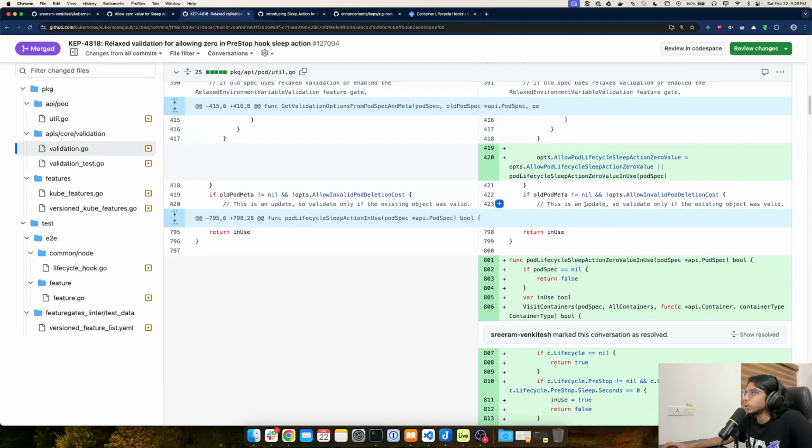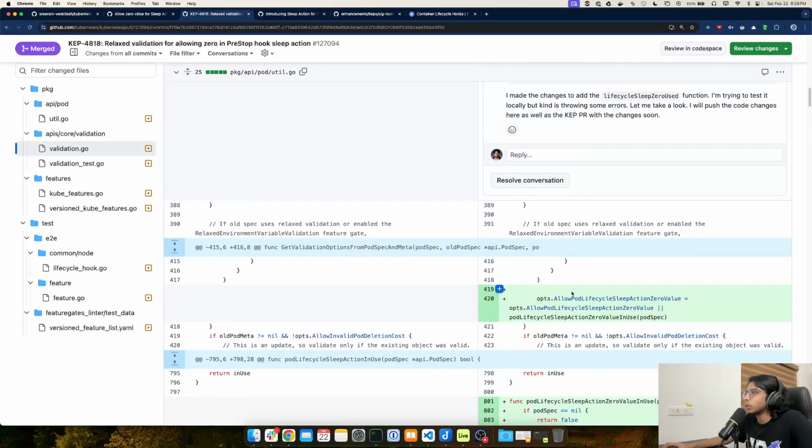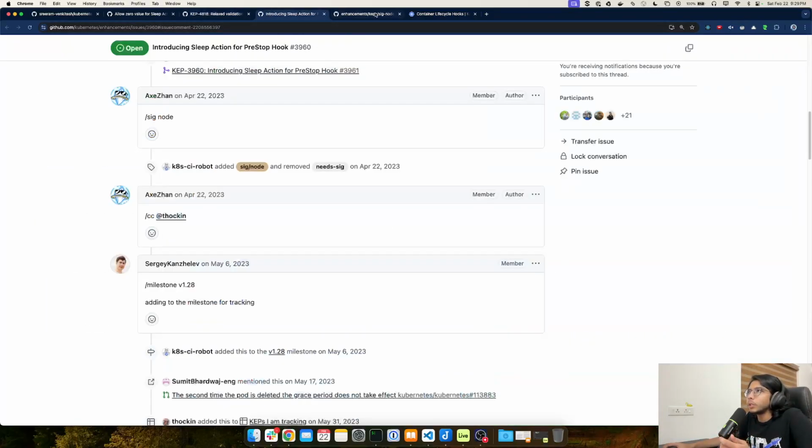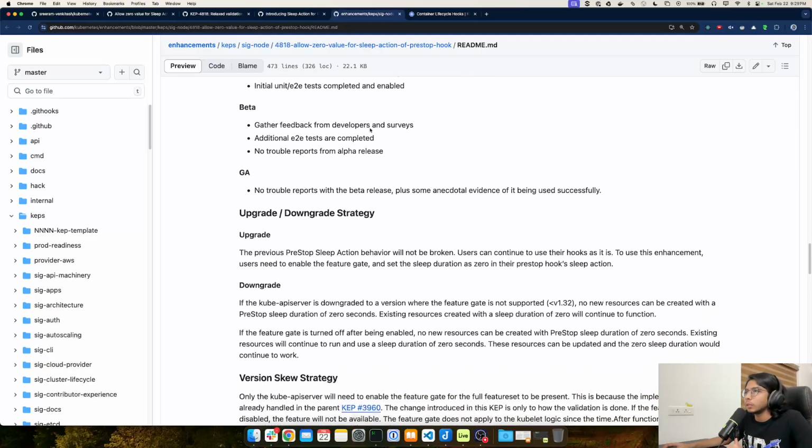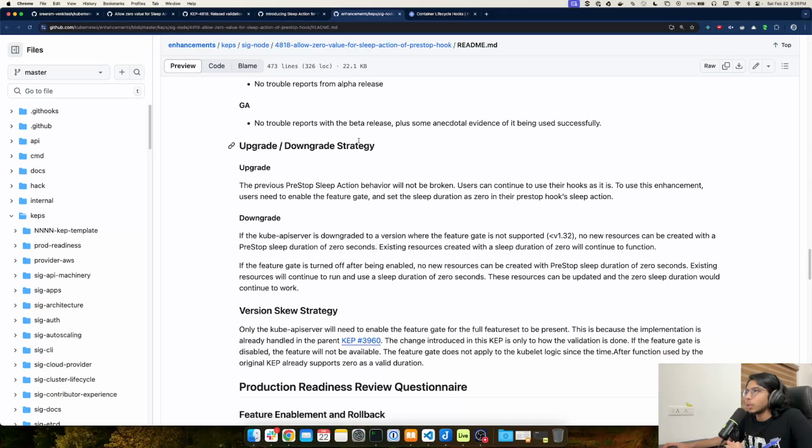One example of this is how we would set the feature gate in pods so that version skew and upgrade and downgrade are handled. So let me go back to the KEP again, and I will explain what I mean by this. In the KEP document, we have two sections called upgrade downgrade strategy and version skew strategy. So these are important